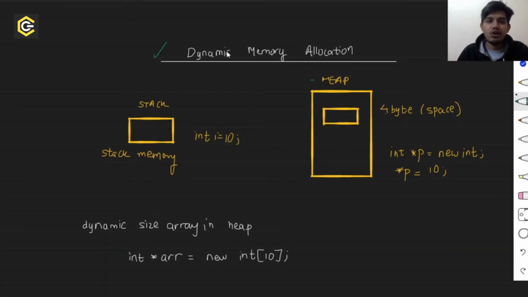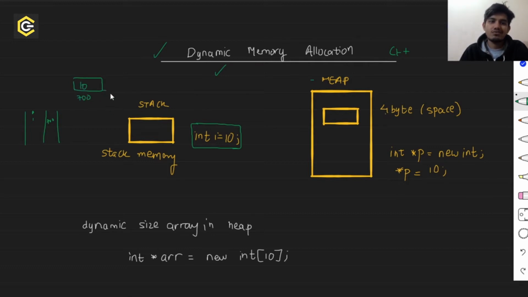So today we are going to talk about dynamic memory allocation in C++. Let's see how we declare. For example, when we normally declare any integer, int i = 10, this int i, as we discussed in the last video, has a symbol table in which it is given the address of some storage location, and at that location our value will be stored.